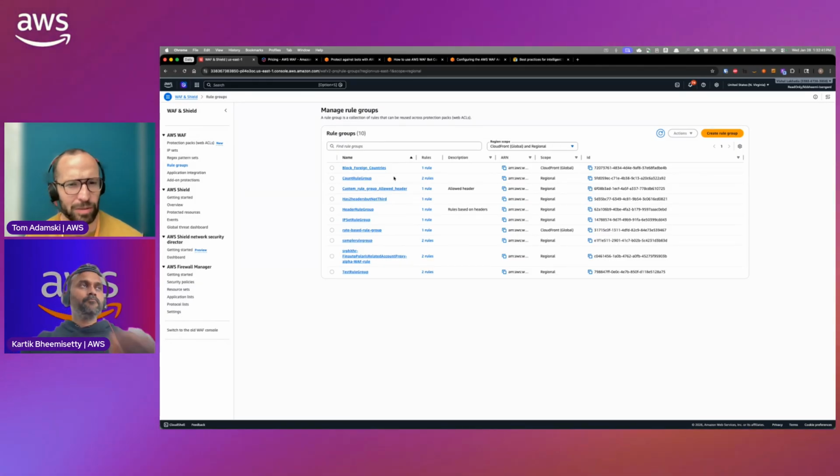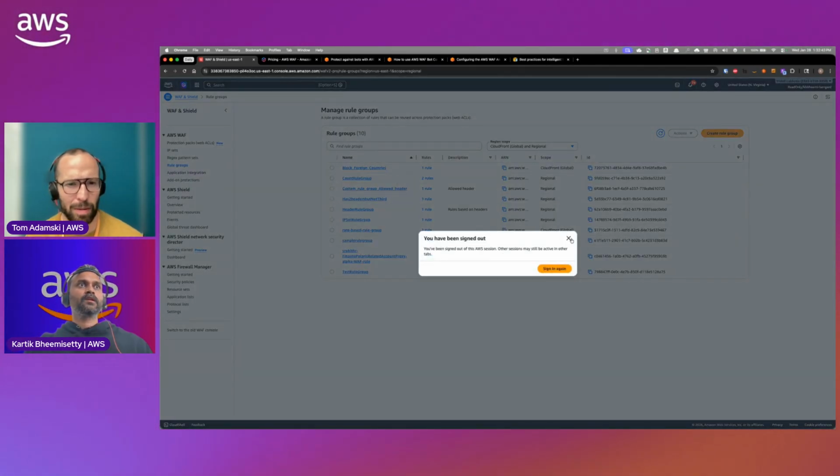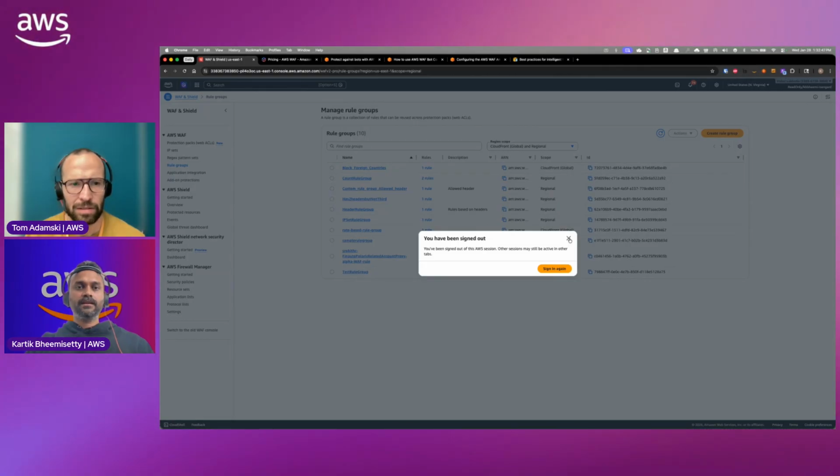I can't remember if there's a way to share some of the web application firewall constructs. I'm not sure about it. I think we can check on it. I'll let you log in. Yeah, because I thought you could share something over Resource Access Manager across accounts. I get that the regional restriction is there.